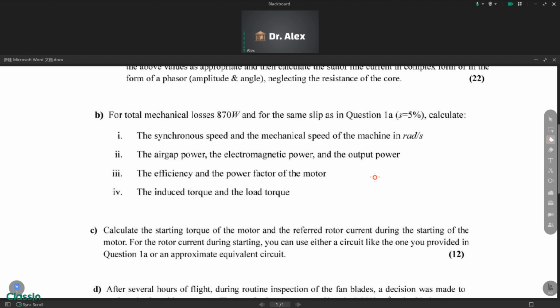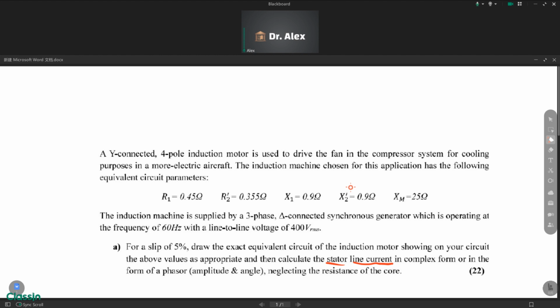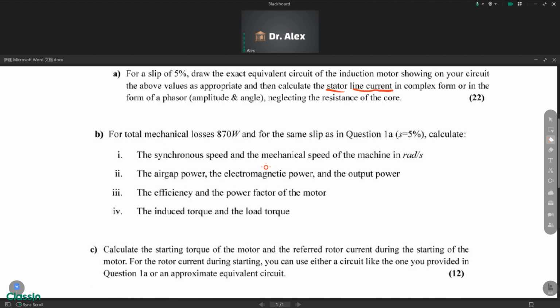As we mentioned in the last video, we get the equivalent circuit and the line current in the stator for our 4-pole induction motor. In question B, it gives us this condition about the mechanical losses, which is 870 watts. So it means it's the power P, because we know